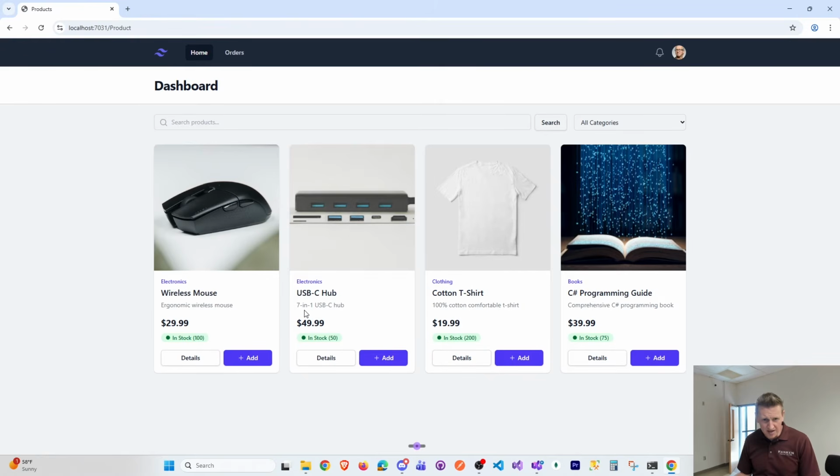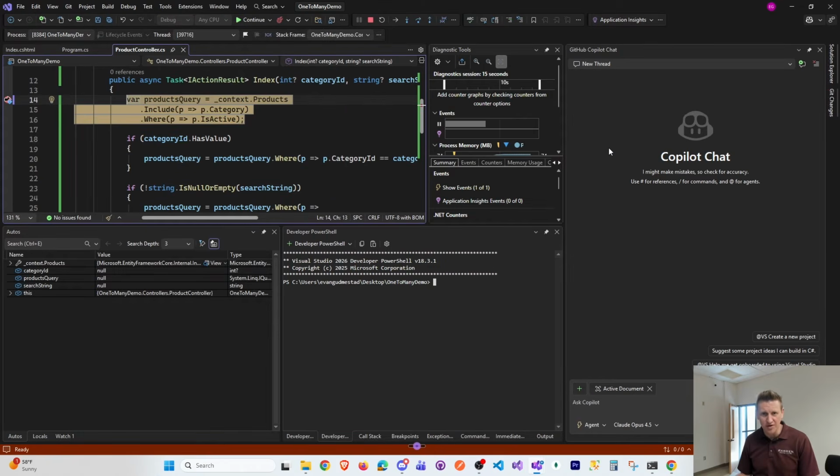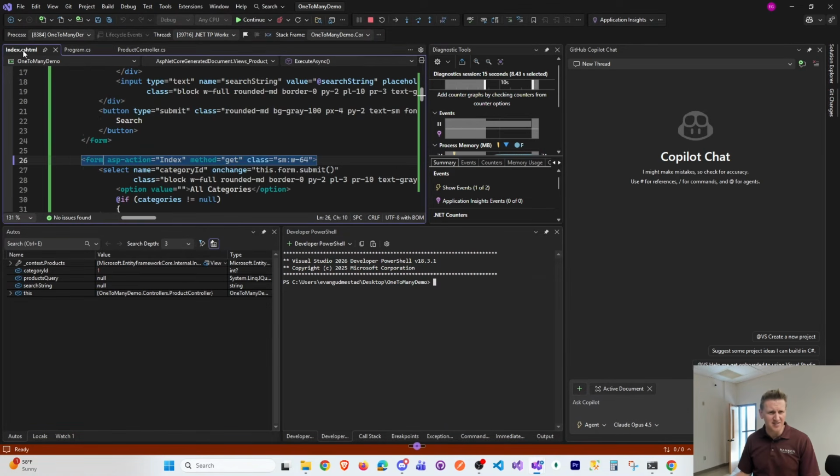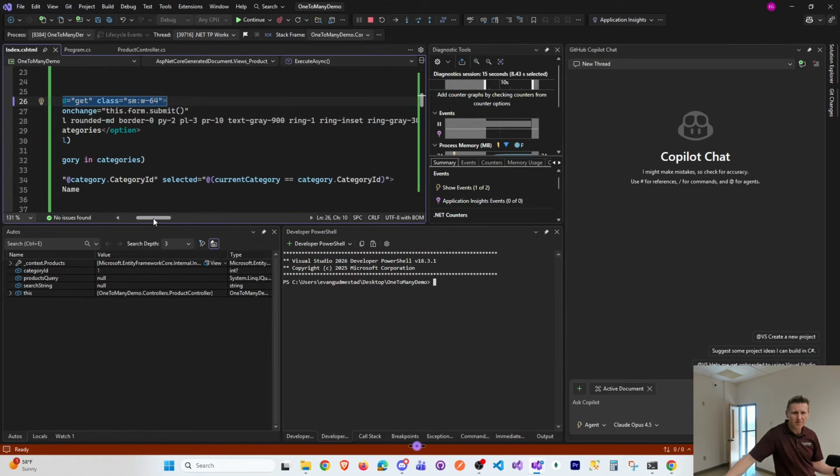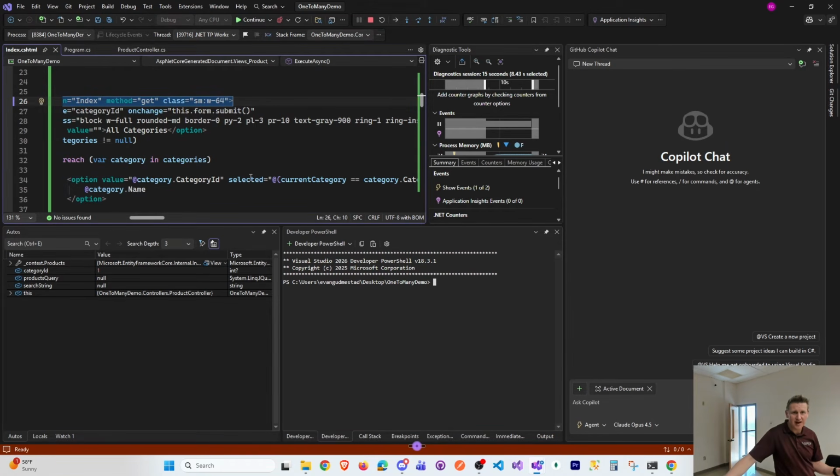And what do we got here? A couple of electronics maybe. So if I hit electronics, now our category ID is 1. So we send in category ID. Let's look at that. So here the option value is the category ID. They select the name, so the selected value